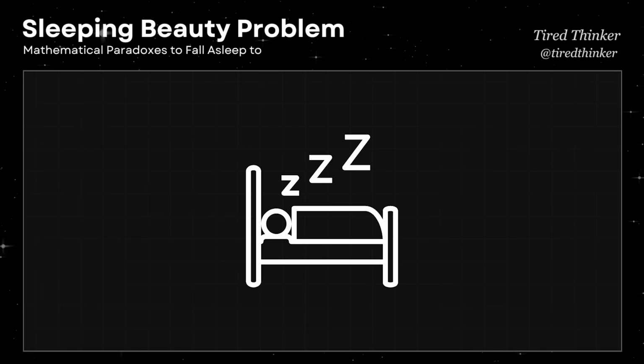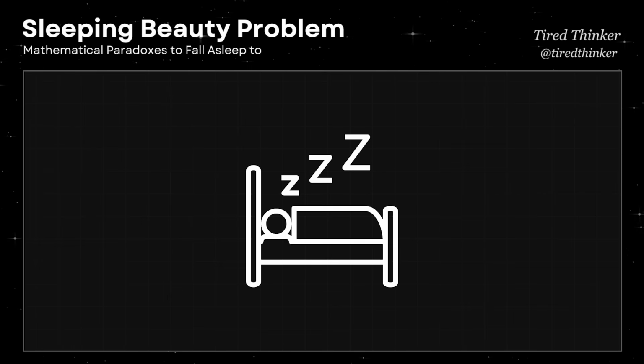The problem has been studied in philosophy and mathematics, with arguments on both sides. Some people try to resolve the debate by focusing on formal probability rules. Others argue that it depends on how probability is interpreted. Frequentists, who define probability based on long-run frequencies, often lean toward 1/3 because in repeated experiments, 2/3 of wake-ups happen in the tails case. Bayesians, who update beliefs based on new evidence, can argue for either position depending on how